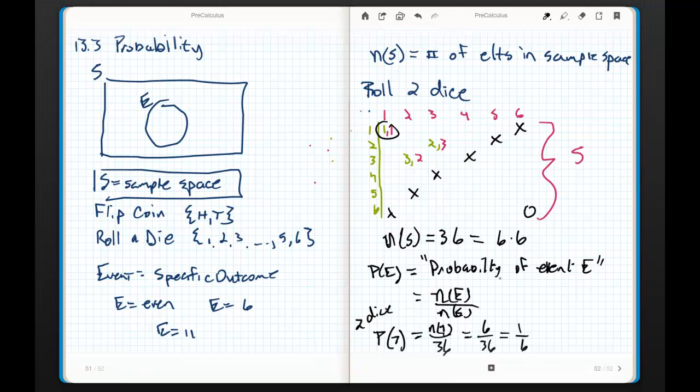Nothing to it. You may or may not have seen this notation for probability before, but that doesn't matter. All right, let's talk about another